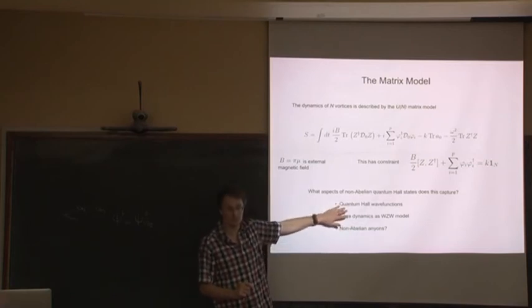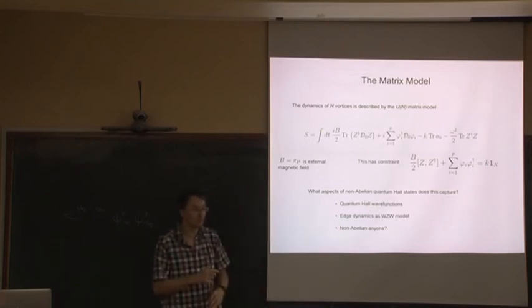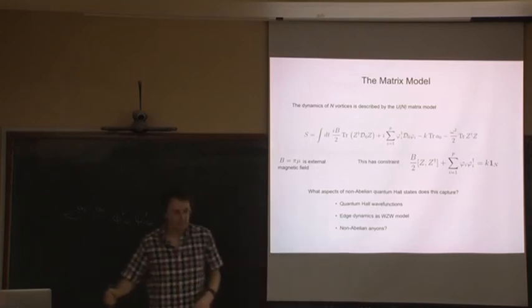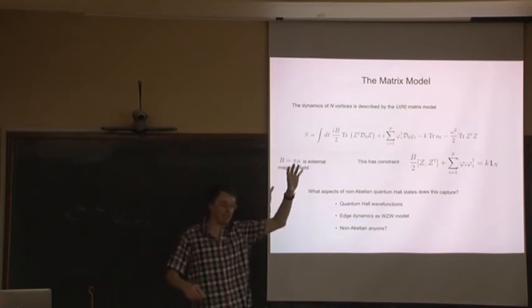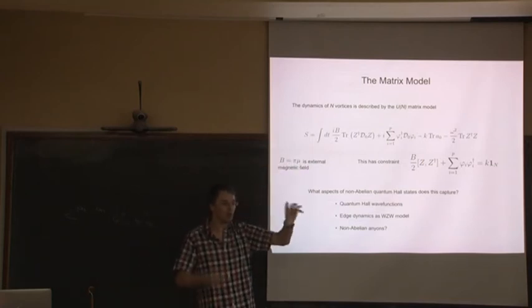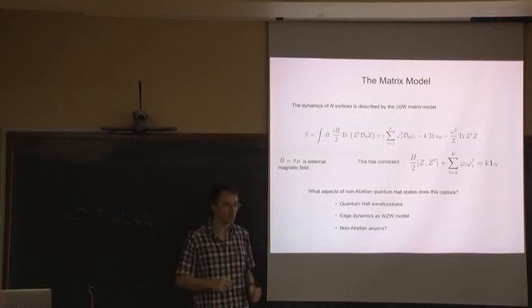So let me tell you the answers to... So, understand the third question. What do you mean, what are the non-Abelian anyons? So firstly, what are the analogues of those det z dagger minus eta states? And once you've got them, what happens when you swap them? Right. We don't know the answer to either of those questions.